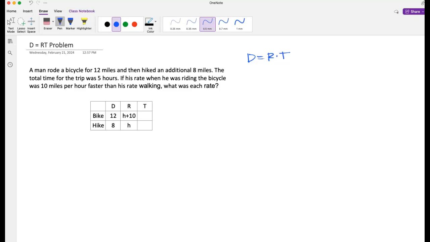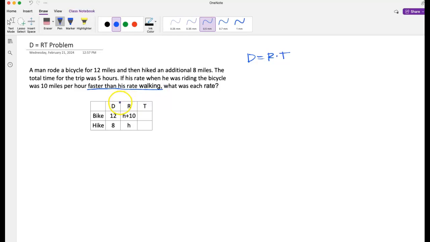Right, here is a problem about distance equals rate times time. So one of these motion problems. It says, a man rode a bicycle for 12 miles and then hiked an additional 8 miles. The total time for the trip was 5 hours. If his rate when he was riding the bicycle was 10 miles an hour faster than his rate walking, what